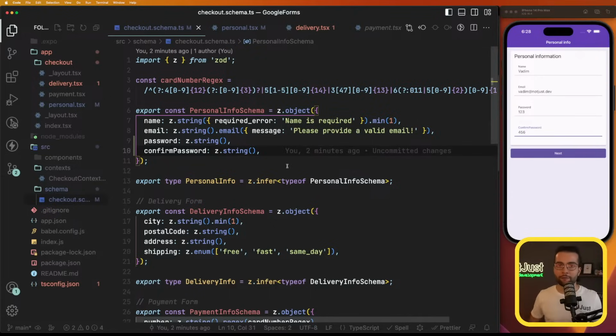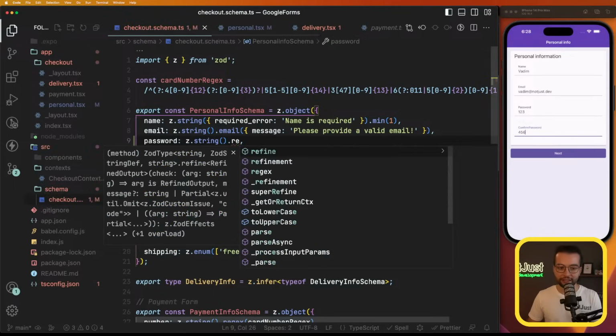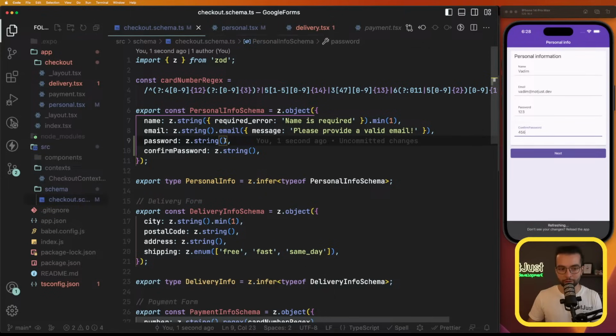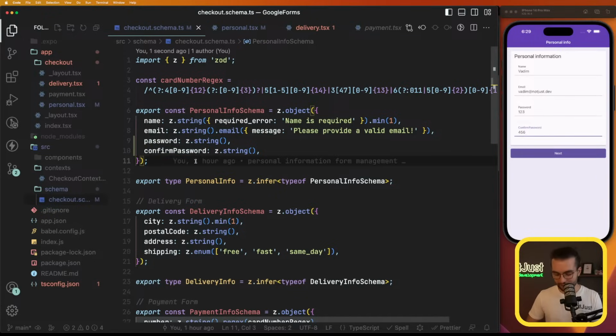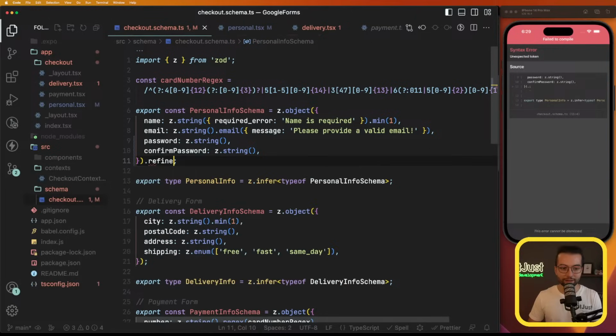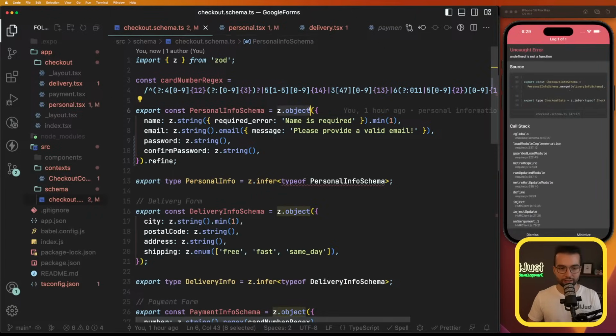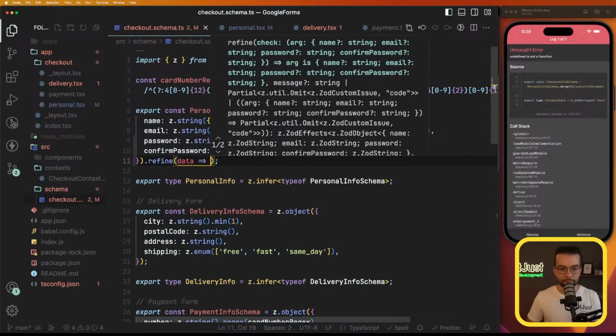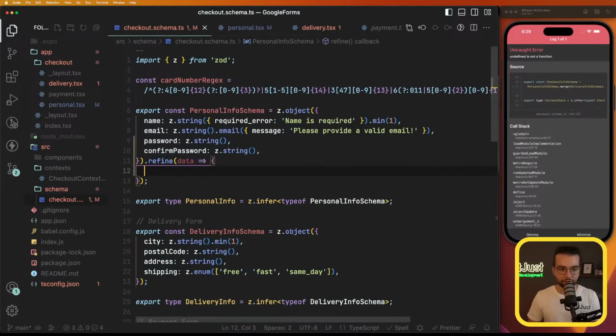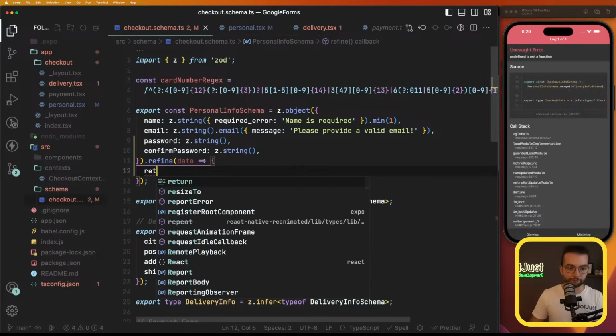We saw how with refinement we can provide custom validation, but how can we do it based on two fields on the schema? We cannot do refine here, as the only data we will receive is the password, and we cannot do it on the confirm password either, because we need both of them. What we can do is add the refinement on the whole object of the personal information. So refine, here we're going to receive data, and what we should return is